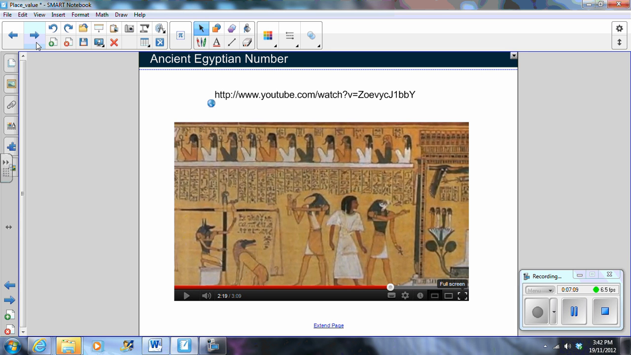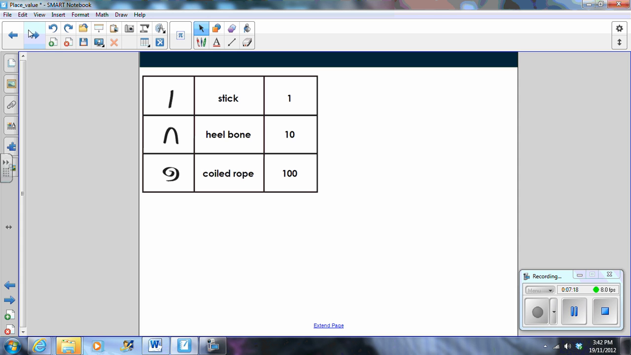This is something new. We're looking at ancient Egyptian numbers. There is a video which I have embedded in our class wiki. And later in the week, we're going to look at writing numbers using ancient Egyptian numbers. For example, I might drag down